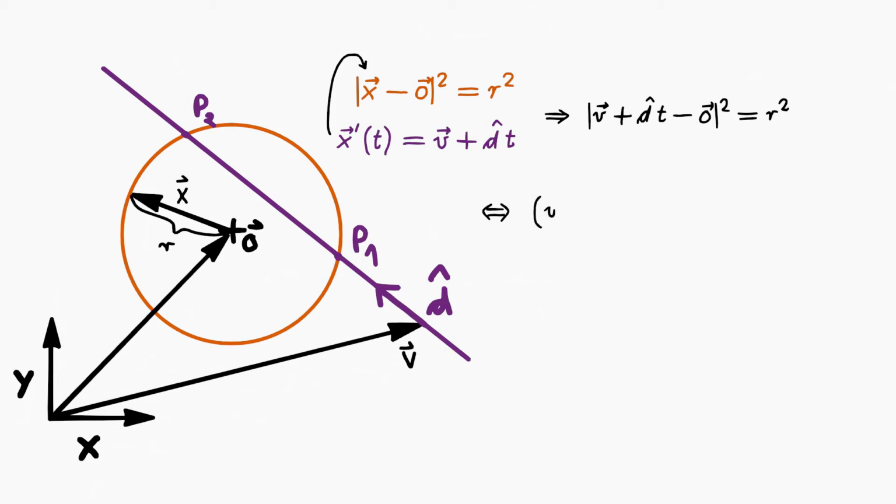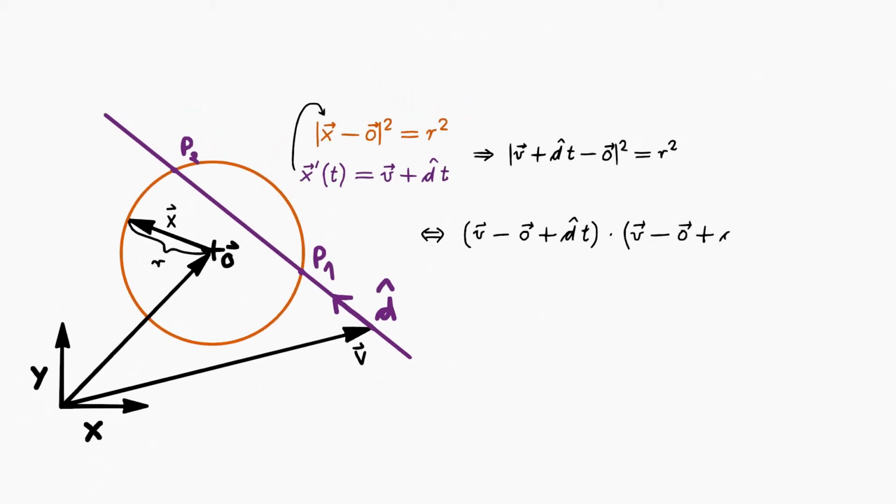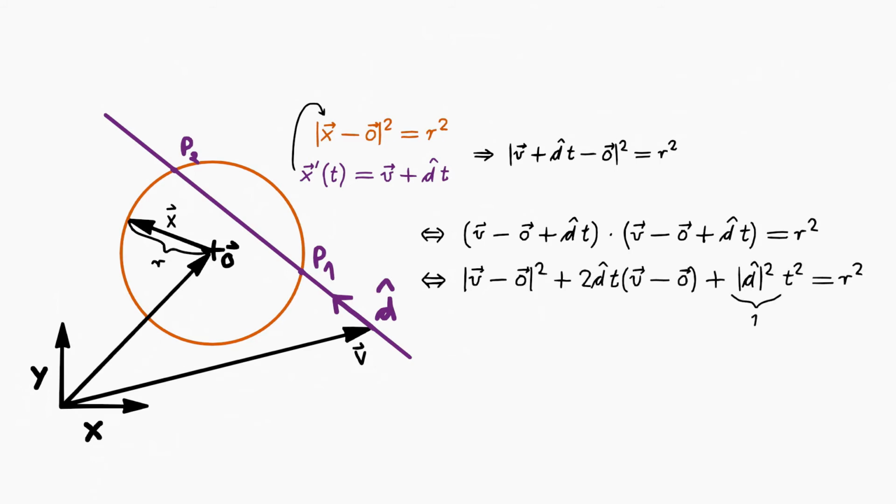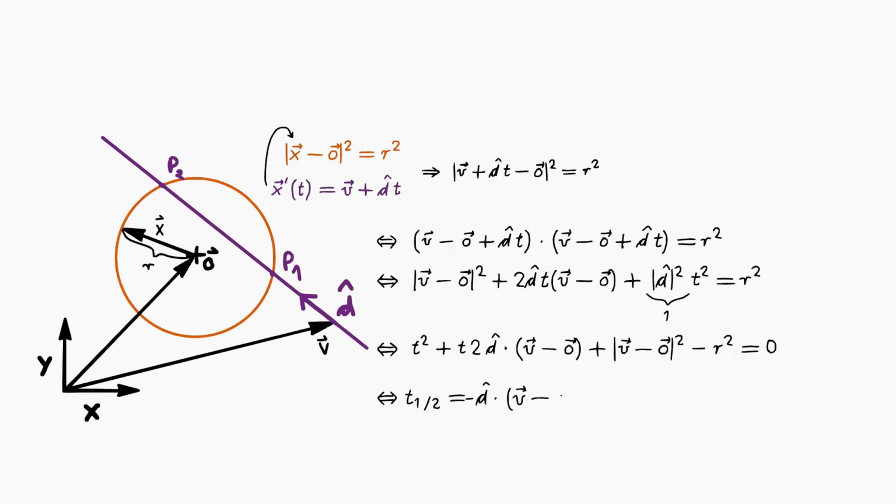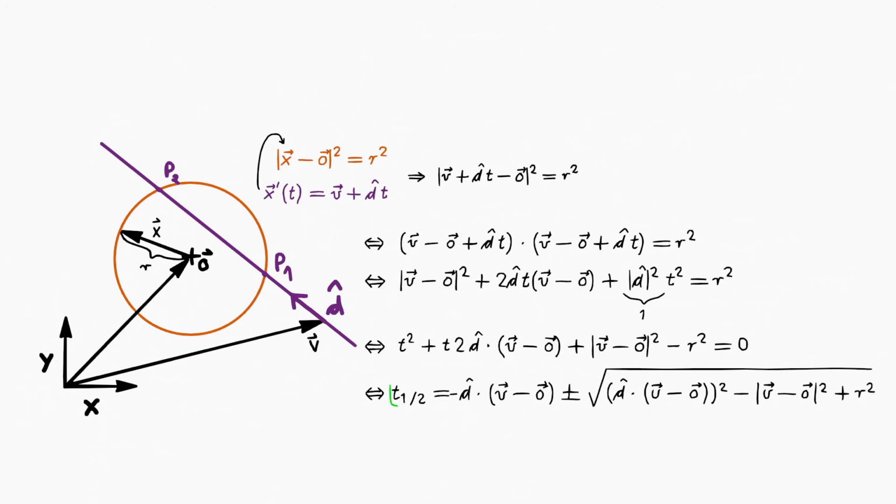First, we use the scalar product to substitute the squared norm. Because we want to calculate t, we are interested in sorting terms in this equation according to the powers of t. Here we realize that the norm of d is 1, which helps to further simplify our equation. Shifting all terms to the left side, we end up with a reduced quadratic equation for which the solution is well known. Inserting t into the equation for the straight line will finally provide the position of the intersection points.